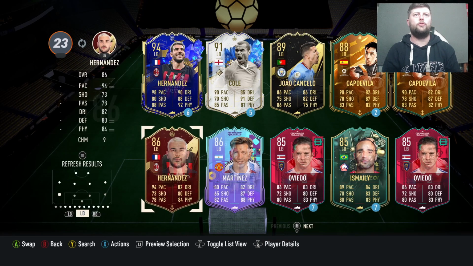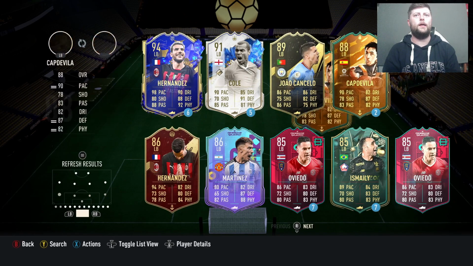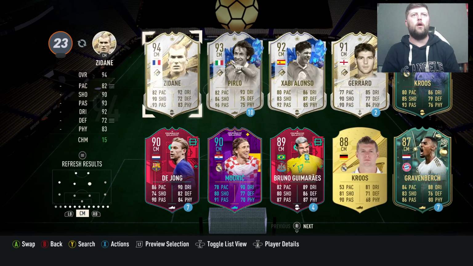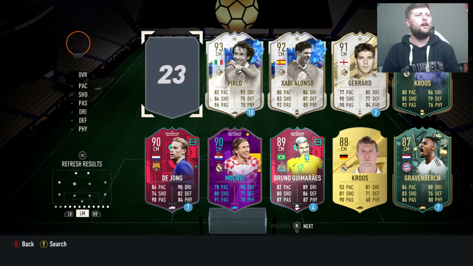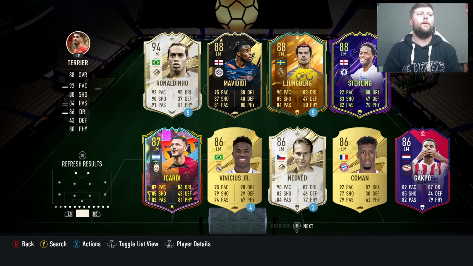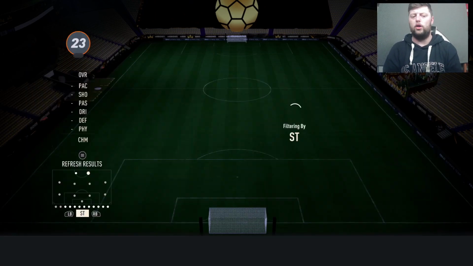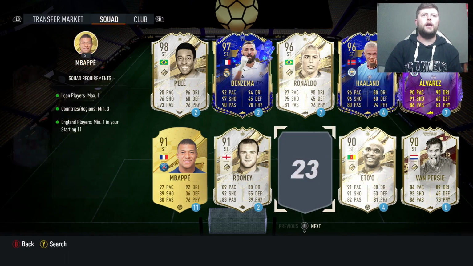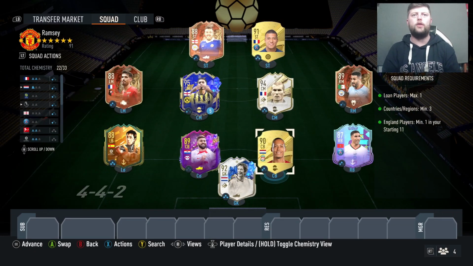As it's max chemistry, we might as well go with the players we don't normally link because of chemistry. In terms of centre mid, we're obviously going to go with our man Zidane. And then left mid, we will go with Terrier as normal. And then Mbappe will obviously follow up with Vardy up front if we've got him here. And that would be it. I'm pretty sure that gets all the chemistry